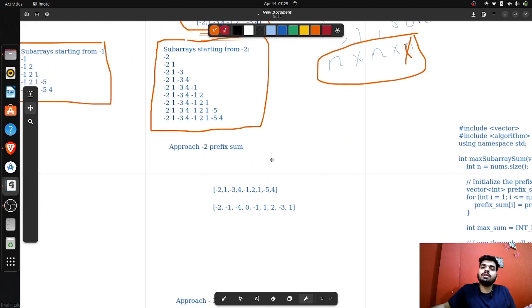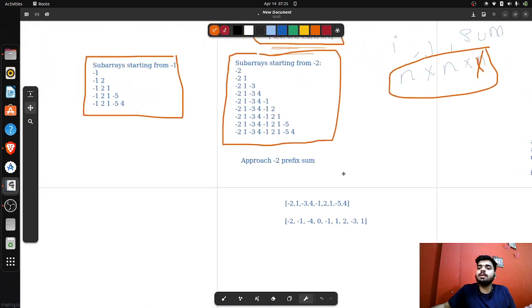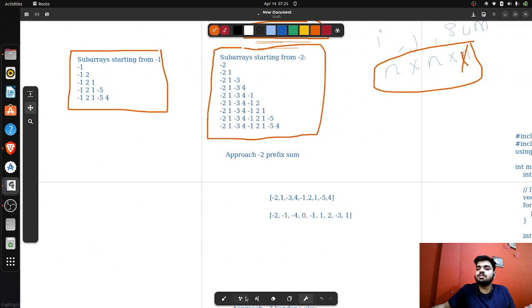by introducing a prefix sum. So we will be introducing the prefix sum. What prefix sum does is that when we are talking about a particular index, we will be calculating the sum from the start to this particular index. So if we want to find a sum between this i and this particular j, then what we'll be saying is that